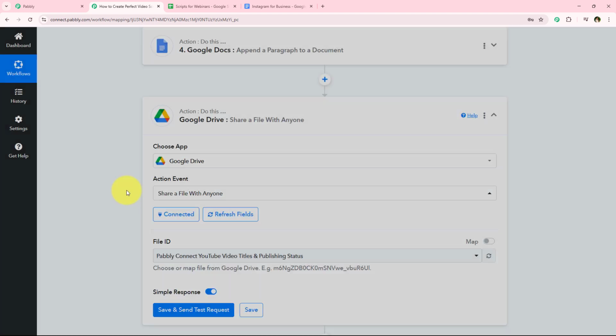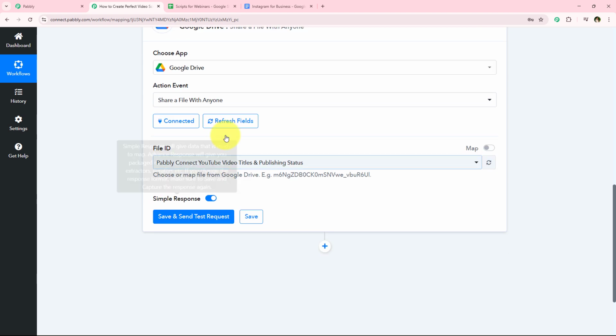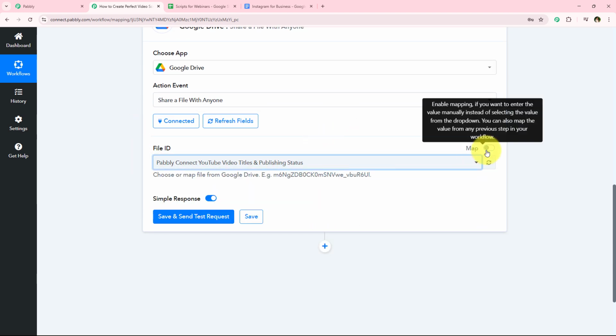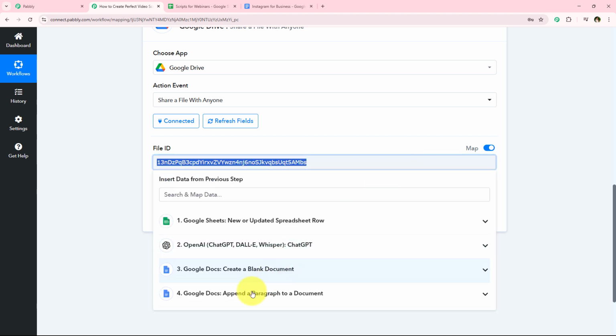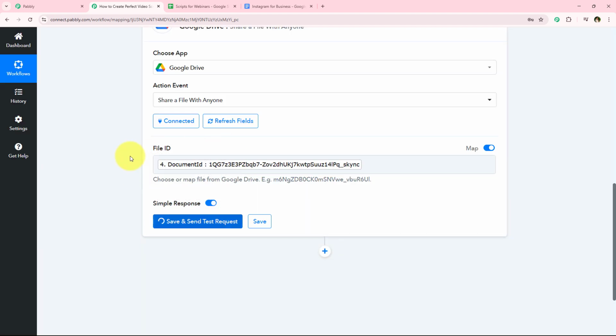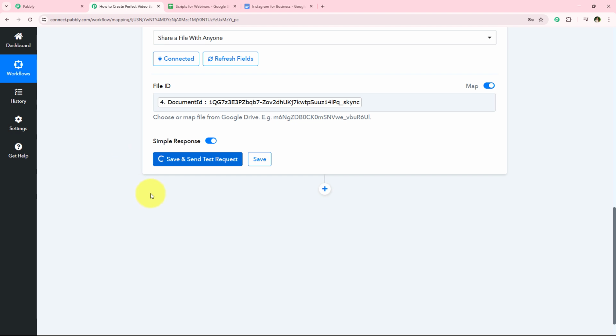And as soon as we're going to click on this save, over here it is asking me for the file ID. So once again, instead of selecting it, I'm just going to map it. So I'm just going to switch on this mapping button and map the document ID right from here. Once again, I've turned this field as a dynamic one. And now after mapping this document ID, I'm simply going to click on this save and send test request button